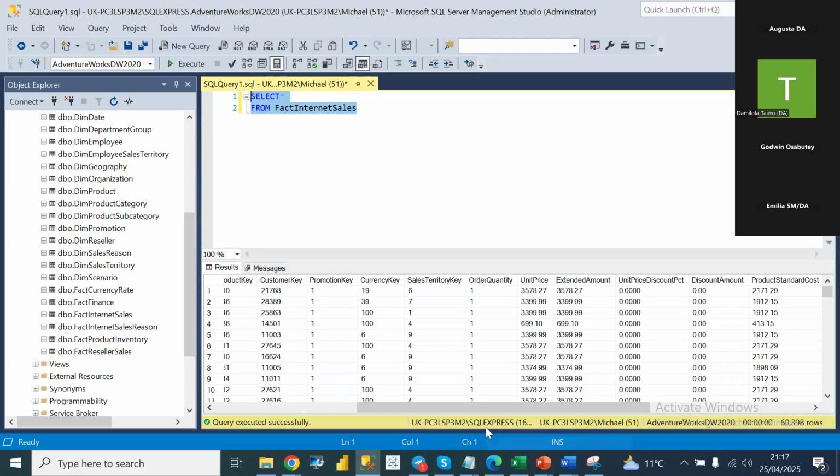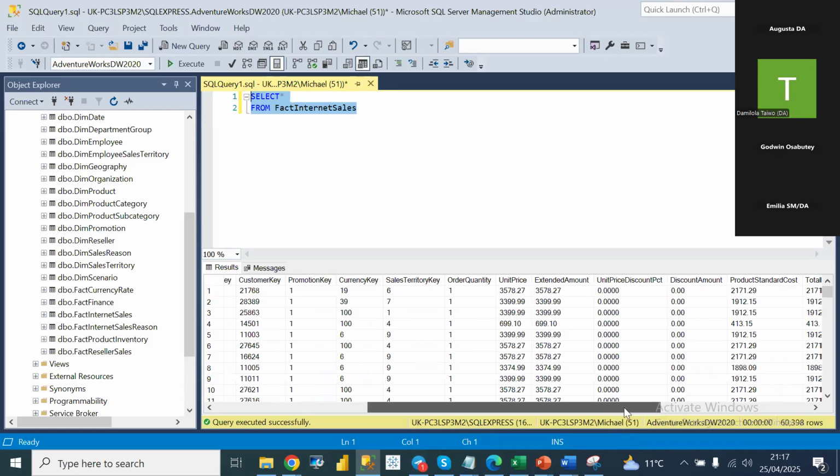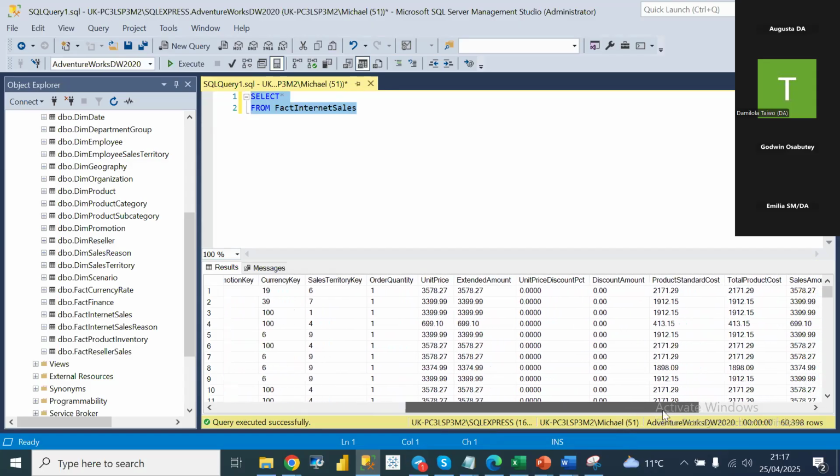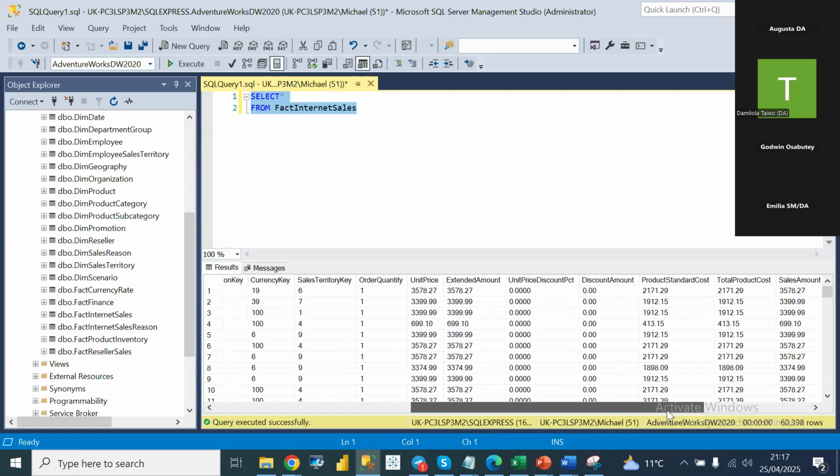Discount amount. Scroll to the right. Standard product costs, total product costs. Yeah, so we can actually do calculations on this, can't we? We can do calculations on this. Okay. So if, for example, we want to find